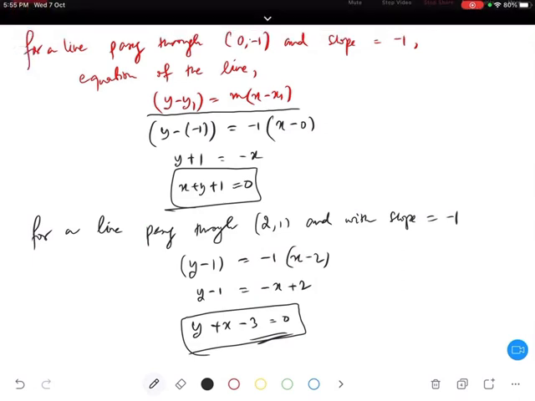Question number 10 is done. Question number 11 will be homework. Question number 12 we'll do in the next class. Let us do question number 13. Please remind me about question number 12, because it is very, very lengthy, so that's why I don't want to do it now. Please remind me in the next class.